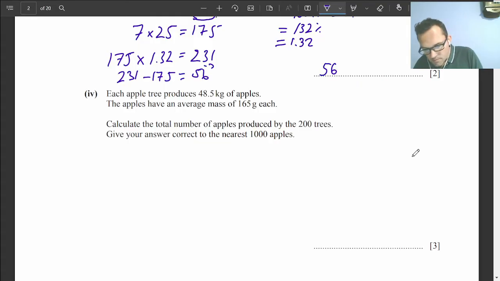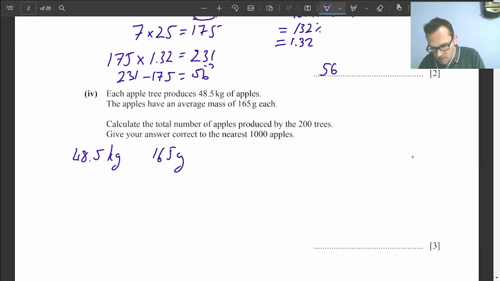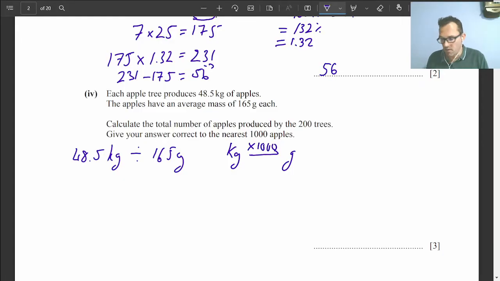So, if each tree produces 48.5 kilograms of apples and each apple weighs 165 grams, we need to divide that to find the number of apples, but it's not the same units. Remember to change from kilogram to gram. Kilo means 1,000, so we need to times it by 1,000. 48.5 times 1,000,